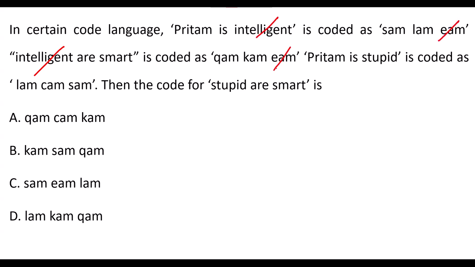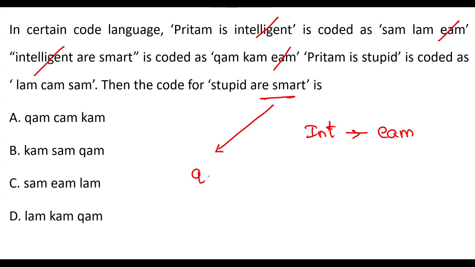So intelligent means EAM. I'm writing only two letters. So EAM, fine. Next, if you observe that second one, this smart or smart. See, R smart means definitely, if you just compare SAM, LAM, EAM means intelligent or smart. Intelligent means EAM gone. R smart means definitely these two will take